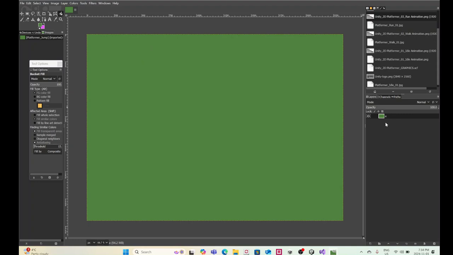So first of all, I'm using GIMP, which is free software. It's basically just like Photoshop, but it's free. So this is what I use. Before I begin, I'm going to create some folders. So I'm going to create a folder for my